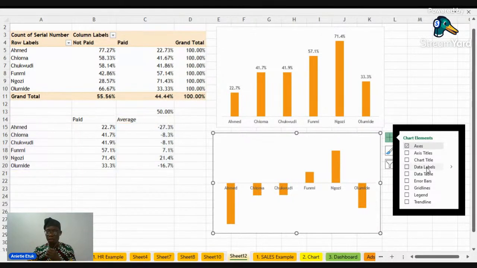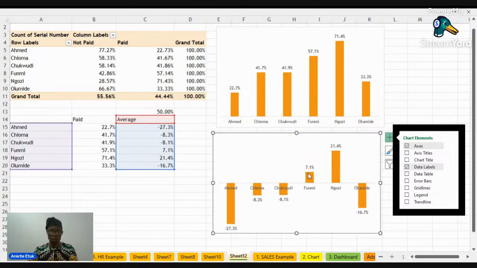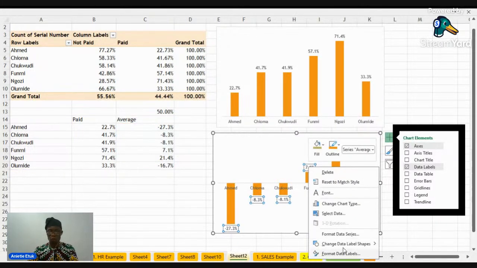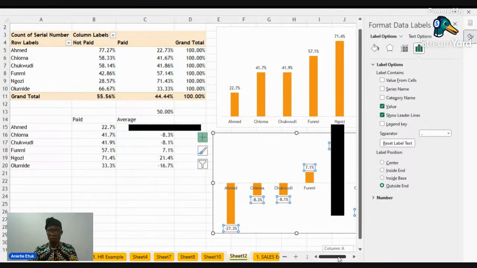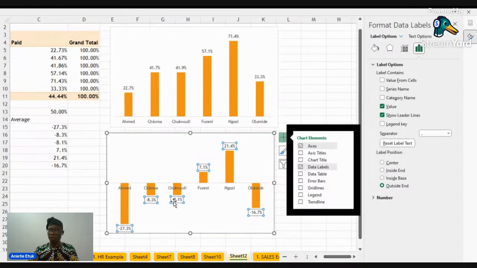Okay, if we click add data labels now, check, it's showing us 21 and 7, 21 and 7, which is the value we used when we did the difference, but we want the original value to appear. So let's right click this and go to format data label.